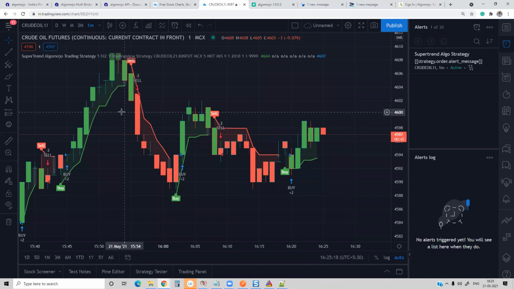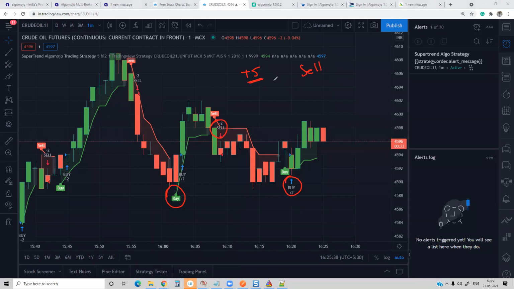Now, you can see there are a couple of +2 and -2 here. These are the places where you double the quantities. Why does it double? Because you have to change your previous position. Let's say I'm already holding +5 lots. Now, if a sell signal happens, I have to close this +5.